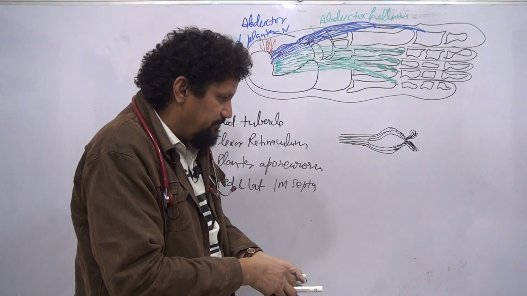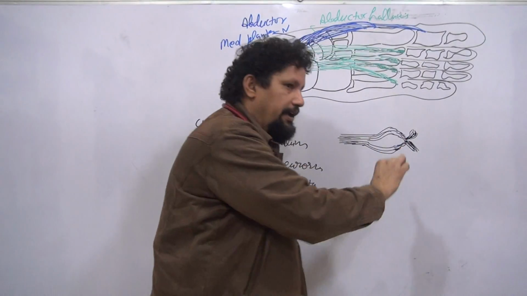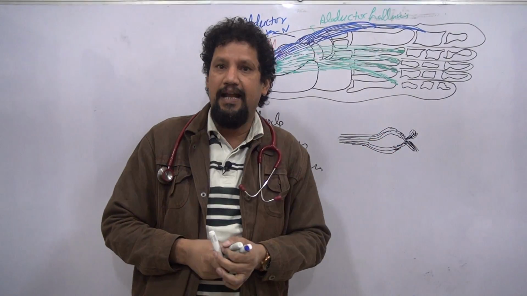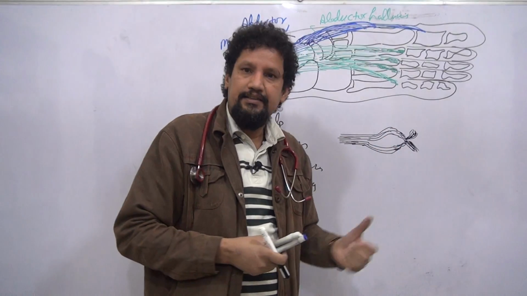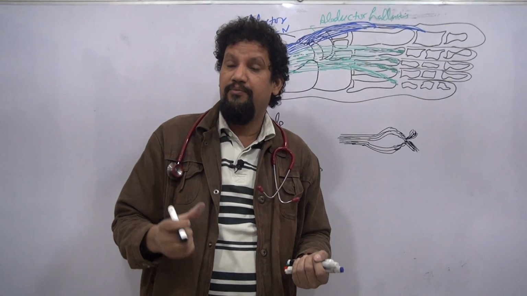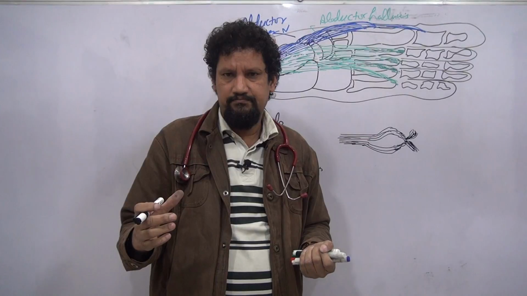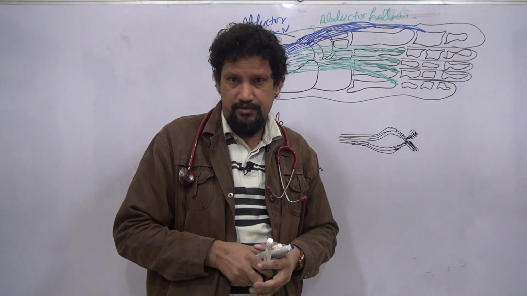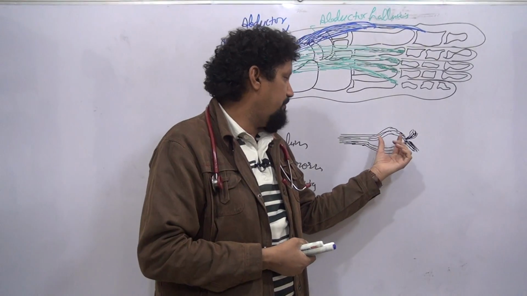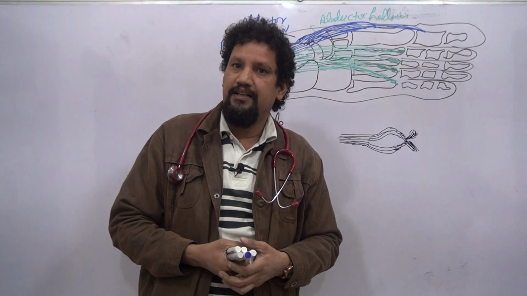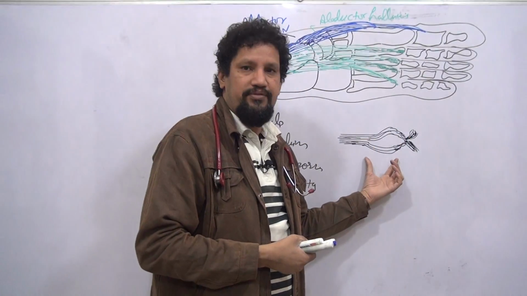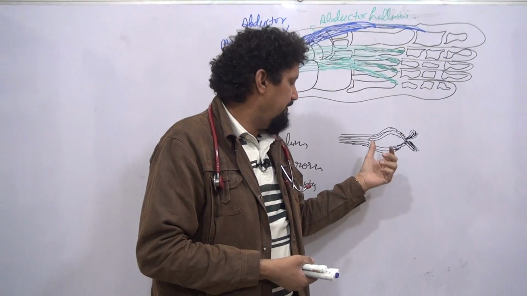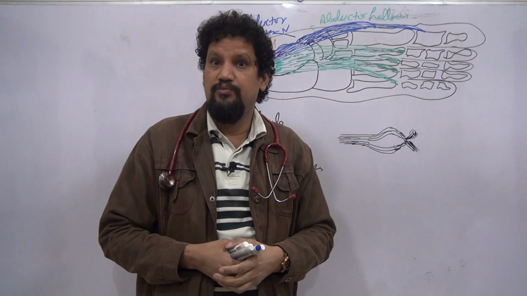And this gap, which is formed by bifurcation of the two, will lodge the tendon of the flexor digitorum longus, which is a muscle of the back of the leg, the intermediate compartment, and here it will make the muscle of the second layer of the sole. So this gap is occupied by the tendon of the flexor digitorum longus. This type of insertion we have seen already in the palm, and it mimics the insertion of the flexor digitorum superficialis of the